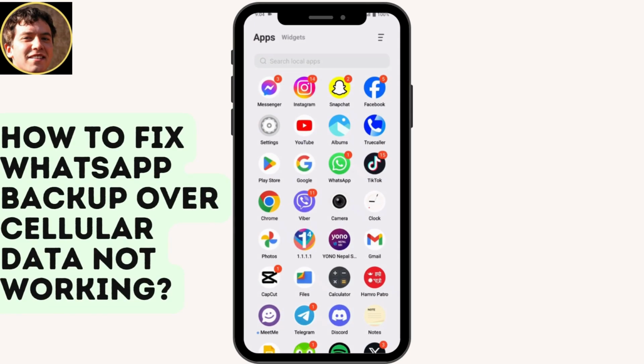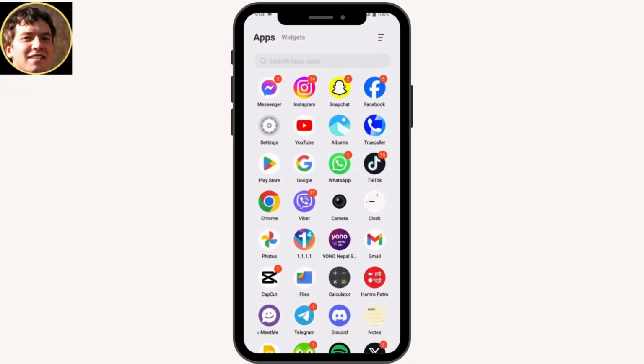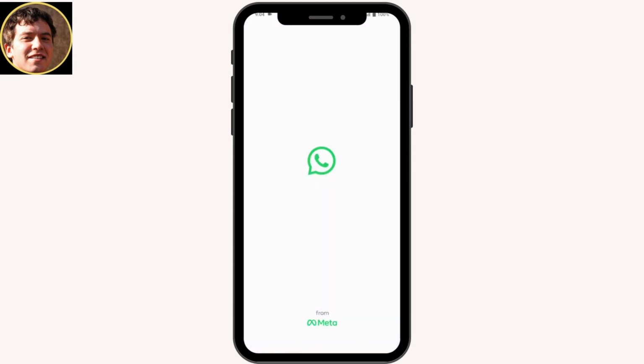How to fix WhatsApp backup over cellular data not working. So if your backup is not working on your cellular data on WhatsApp, then first let's open the WhatsApp application and